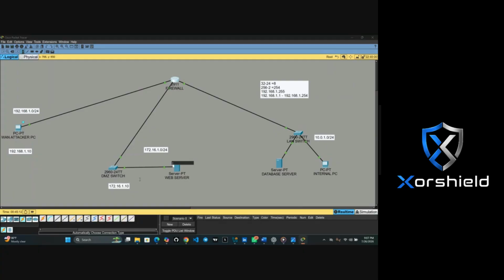Oh, sorry, I made a mistake. So that you do not get confused: this IP address is not for the switch, it's for the server. So this database server will be 10.0.1.10. Then our internal PC 10.0.1.20. Then we are done.